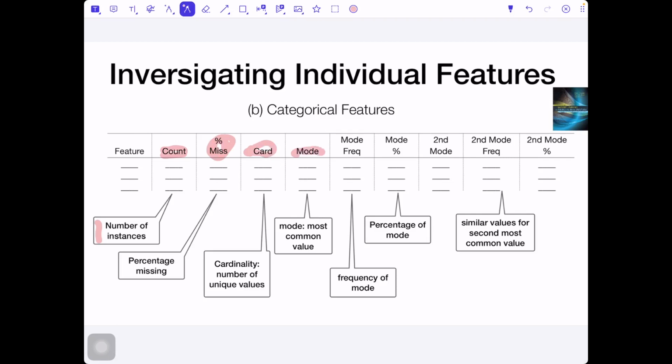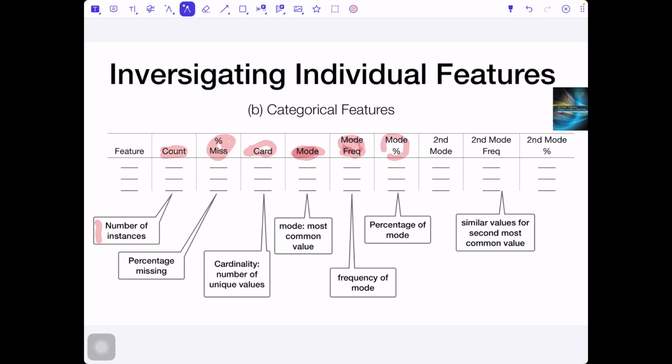Here's the new term. It's the mode, which shows what value comes most often. How often does this mode come? For example, consider 10 refrigerators. 3 of those refrigerators are green, 3 are yellow, and 4 are red. Then red will have the highest mode, and the frequency of red will be 4.